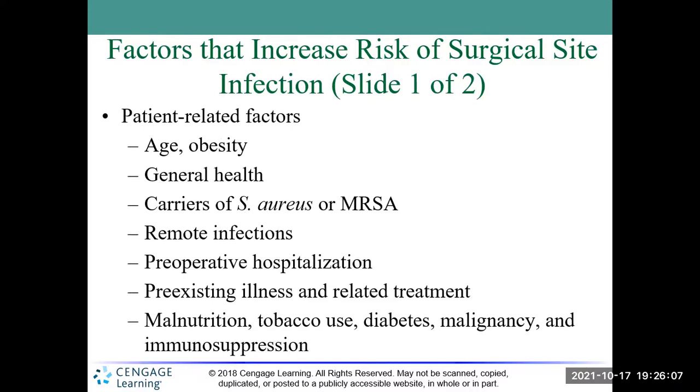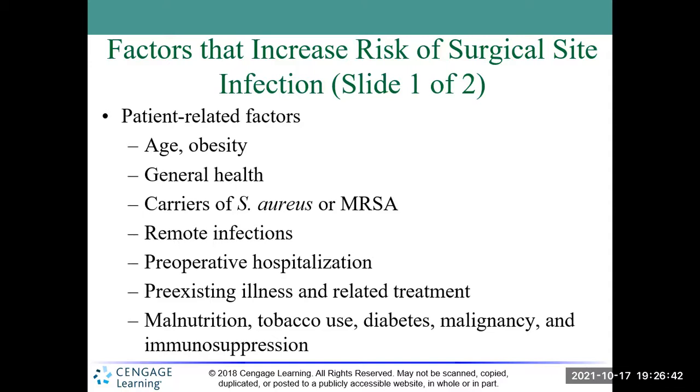Now, factors that increase that risk, of course, age. We know that our immune response does decrease with age. Obesity plays a role because of the glucose regulation and the effect that it has on bacteria, viruses, and fungi. So that's to be considered. Their overall general health as well, because that influences their immune response. And then if they're carriers of Staph aureus or MRSA,